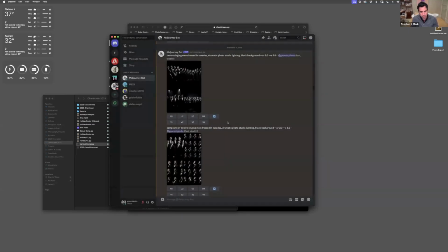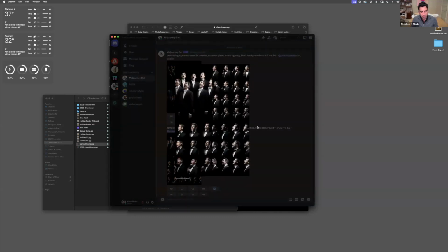I'm not quite sure what to say about that. I did another one of 12 men dressed in tuxedos. I did it again as a composite. I put that word in there to see what that would do, and it kind of did this Brady Bunch thing. I don't know if that looks like they're singing or screaming in pain, but